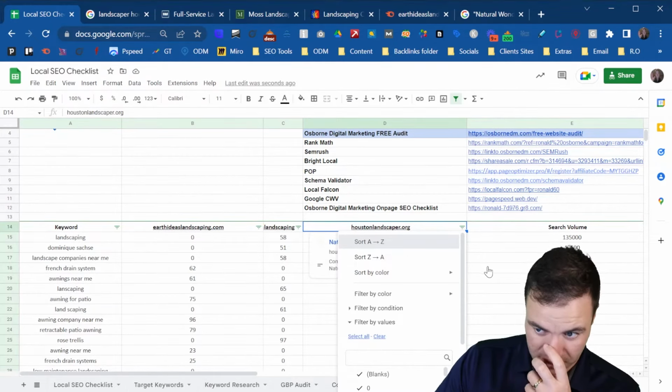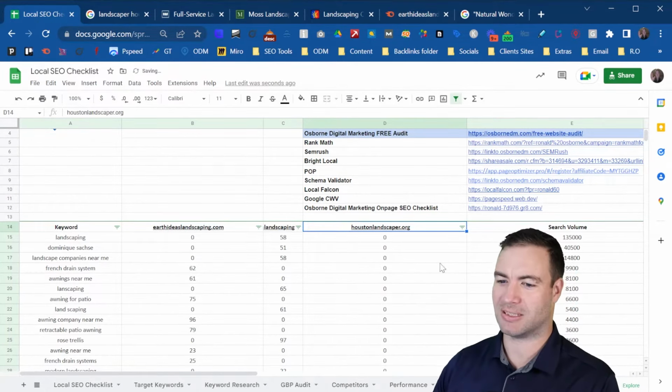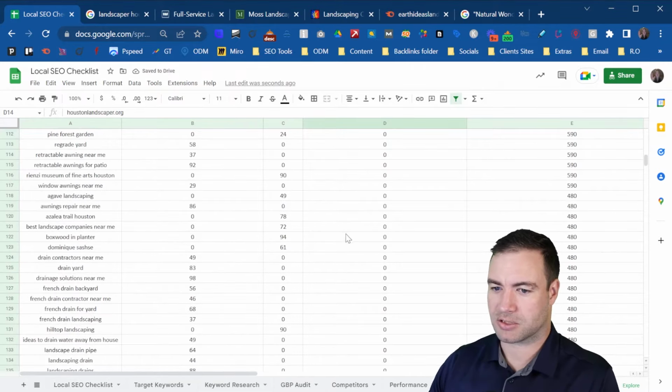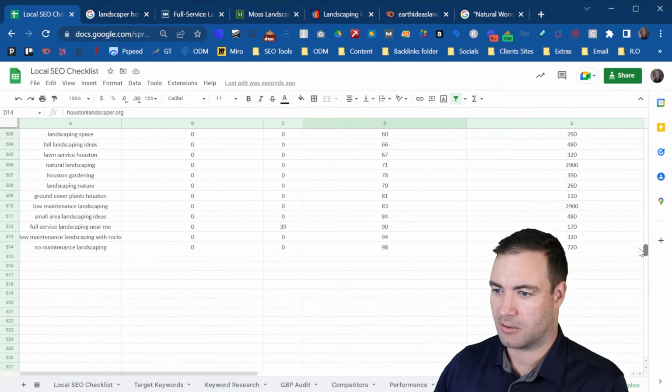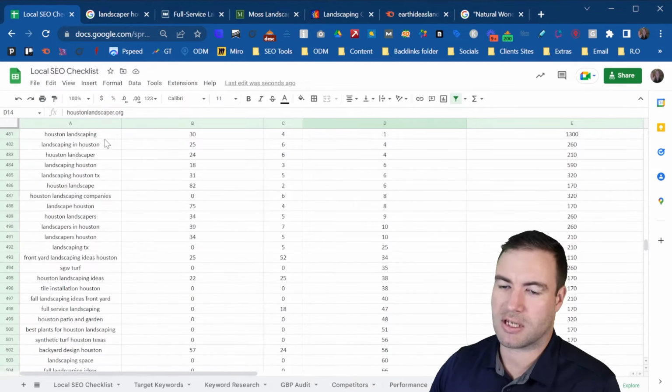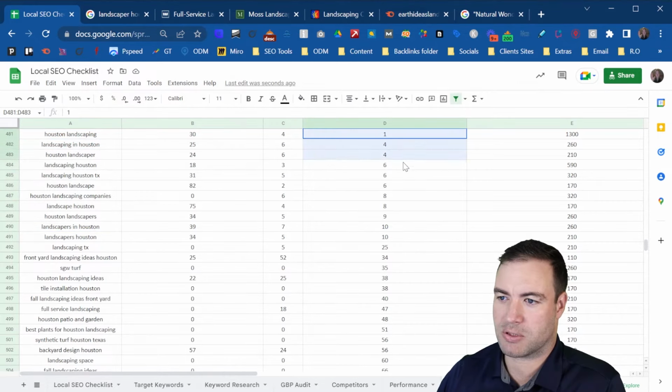So you can filter. This is why I like having it a little bit smaller, because it doesn't take as long. But you can scroll down to where they're not showing for zeros anymore, which is almost at the bottom, which is interesting. But this is what happens when they're smaller. So you can start to go away and be like, okay, well, they're in position 1, 4, 6. And you can go, oh, look at,